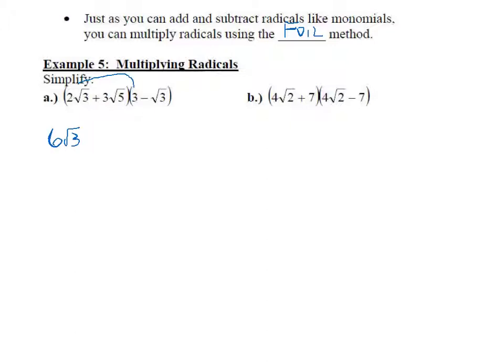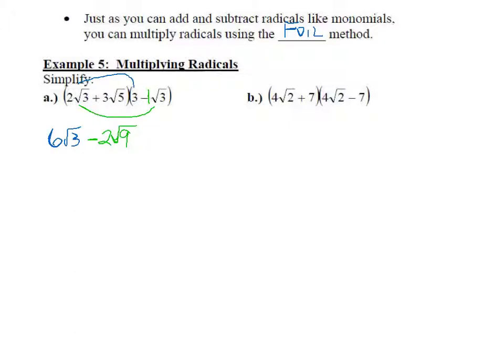And then we have to take the 2 radical 3 times a negative radical 3. Well, when you do that, you have a 2 times a 1 on the outside, which gives you a 2. Radical 3 times radical 3 ends up becoming a radical 9. As you can tell, radical 9 is a perfect square. So whenever you multiply a radical by itself, you're able to simplify and cancel out the radical and just make it whatever's underneath there. So if you multiply radical 3 times radical 3, you're really just going to get a 3